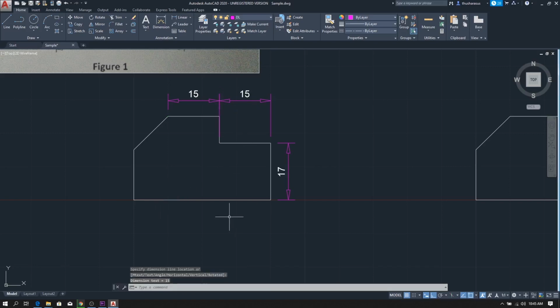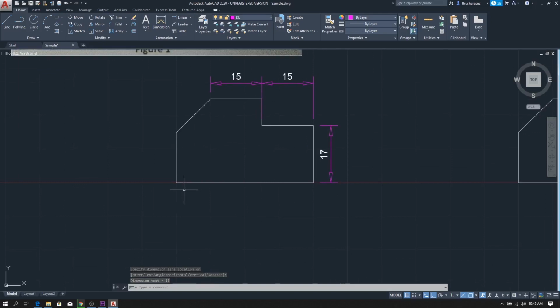And then I'm going to add this whole length. For that, click again the start point and end point and drag here. It's very easy now. Then you can again add some dimension to this line,